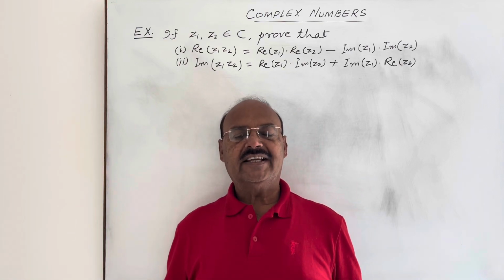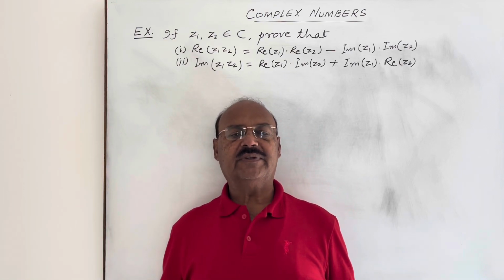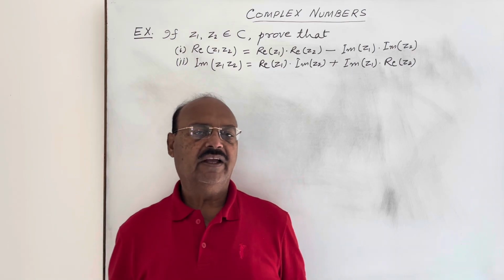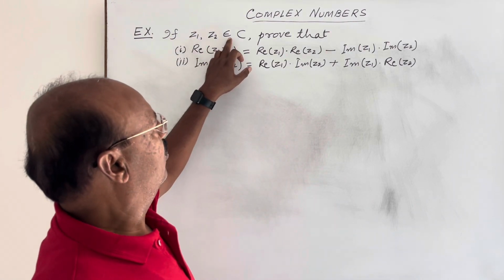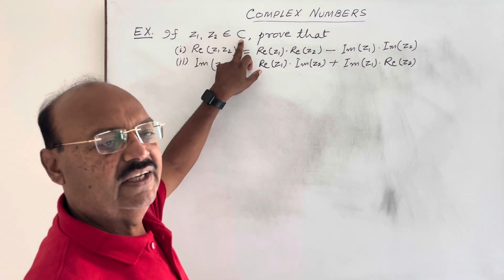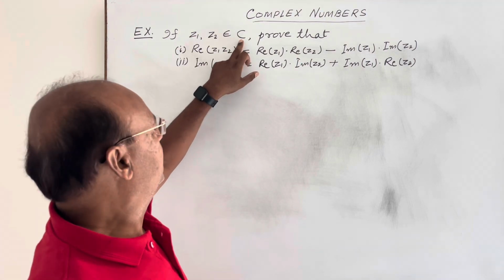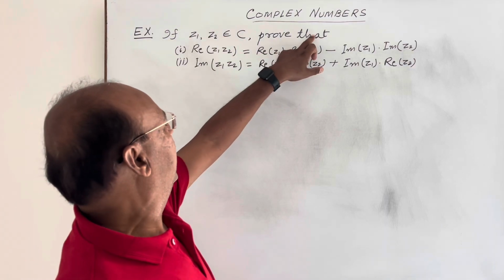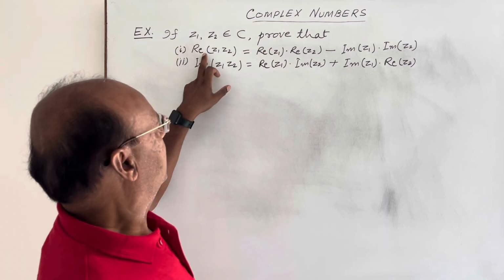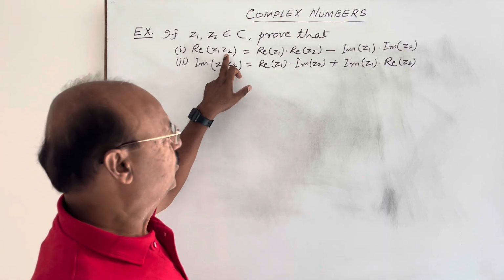Here we are discussing an interesting question from the chapter complex number. The question is, if Z1, Z2 belong to C, where C means the set of complex numbers, that is, if Z1 and Z2 are complex numbers, then prove that first part, real part of Z1 into Z2 is